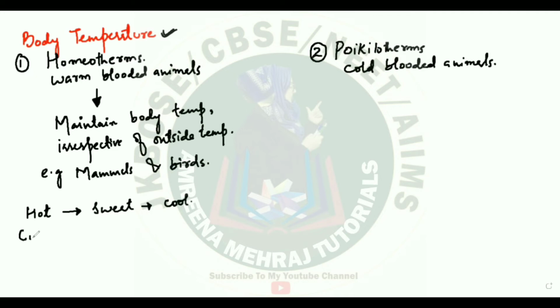And if it's extremely cold outside, they have to show adaptation. If we are saying they have to maintain the body temperature, we have to take into consideration that the external environment is not always going to be favorable. So they will have some adaptations. One adaptation is, if there is extreme heat, they can produce sweat, by which they can make their body feel cool. And if there is extreme cold outside, what they can do is reduce, let me write down, they can reduce the flow of blood to the skin.